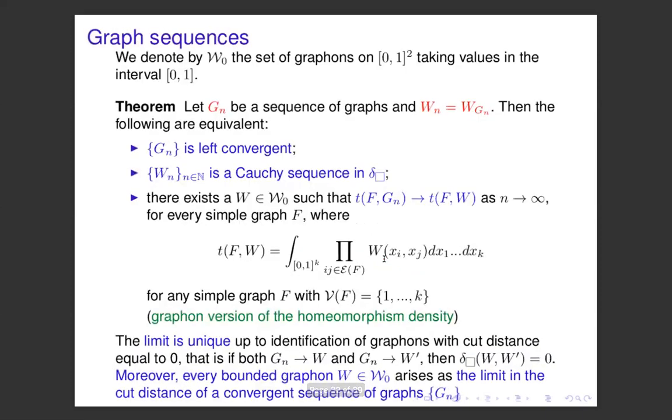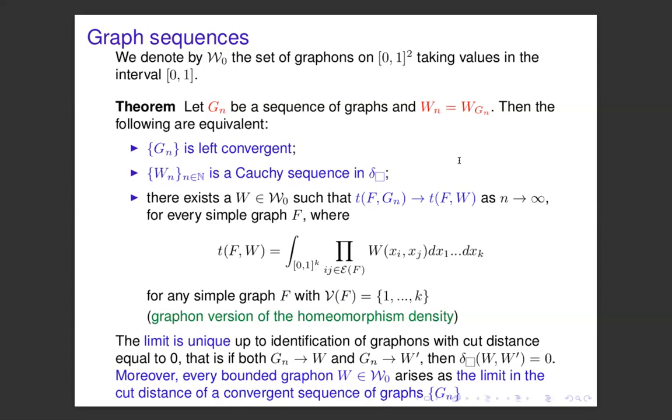And the important result that you find in the literature is that the convergence in the cut norm, in the cut metric, in the cut distance, is equivalent to left convergence. And you can define a limit, and in this limit you can define some quantity which is the graphon version of the homomorphism densities. So you can define a limit of a sequence of graphs,